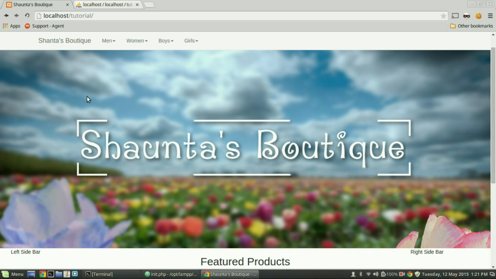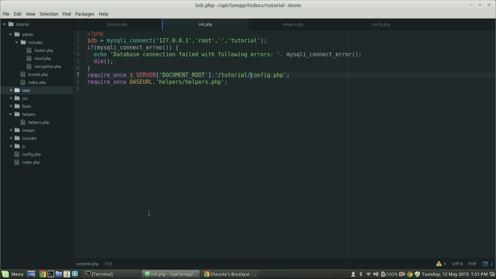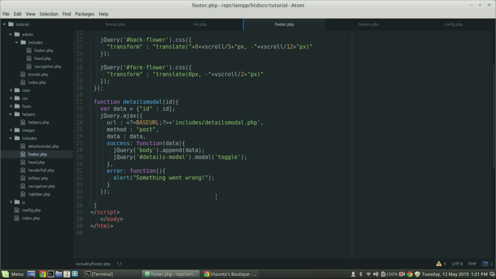We do have one more path issue, and if you scroll down and we hit our buttons to open up our details modal that we had working before, it's not working. That's also a path issue, so let's go ahead and take a look at that. That was in our includes footer PHP, which has the JavaScript for opening the modals. If we look at the details modal right here, we have the function and we have our Ajax call. And in the Ajax call, I have this PHP echoing out base URL, and then we have